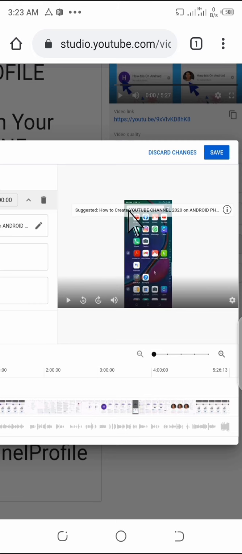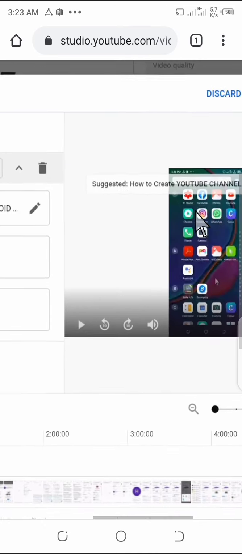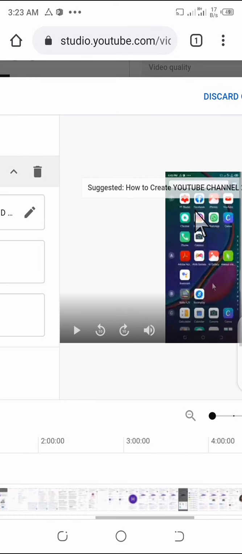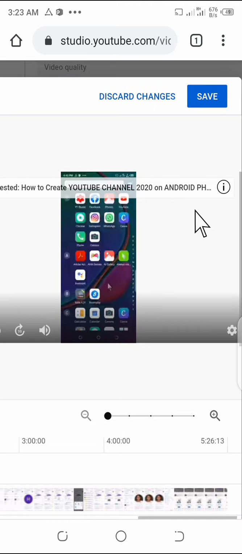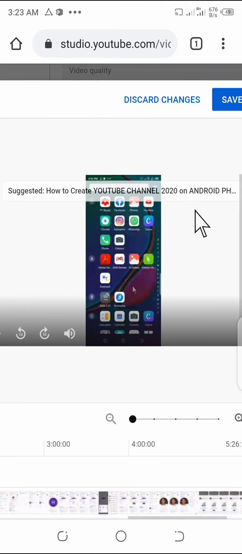Suggested video you want your viewers to watch. Okay, so this is how it looks like. Let me zoom it. Okay, this is how the YouTube cards look like.